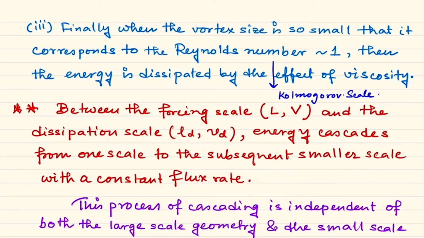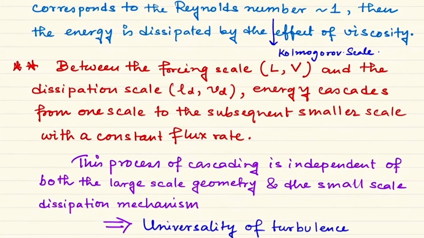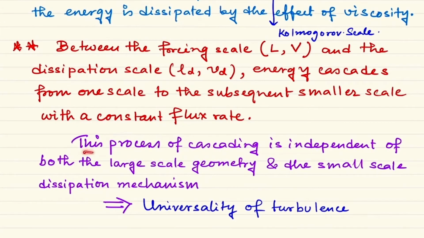So during the cascade process, the cascading is taking place in such a way that the energy flux rate does not depend on the scale chosen. So this is basically constant throughout the scales. Okay. And so this process of cascading is independent of both the large scale geometry and the small scale dissipation mechanism. Okay. Because the cascade process is only characterized by a constant flux rate, and this constant flux rate